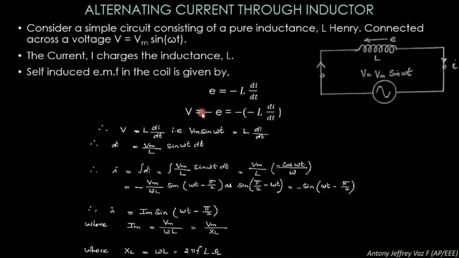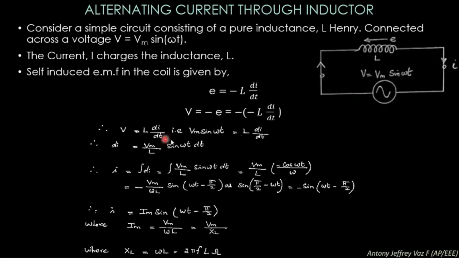Here you can see the voltage V is equal to minus E. So you can substitute minus of minus L di by dt. While substituting like this, you will get V is equal to L di by dt,